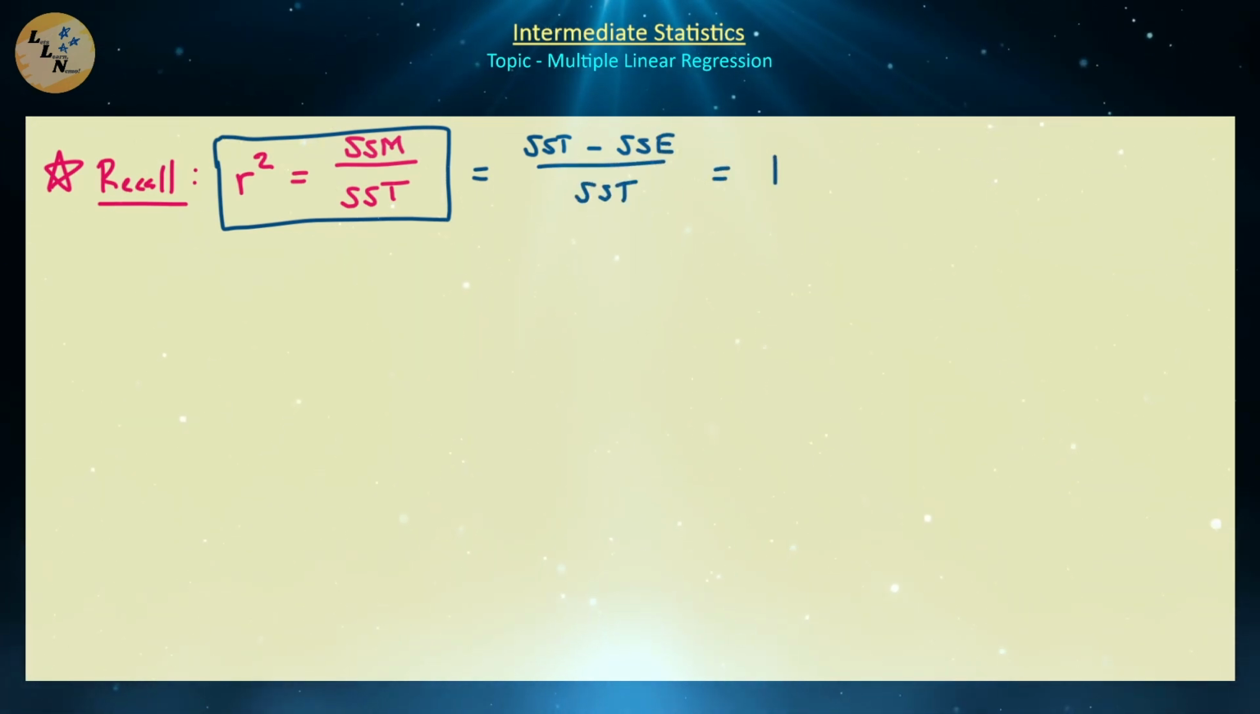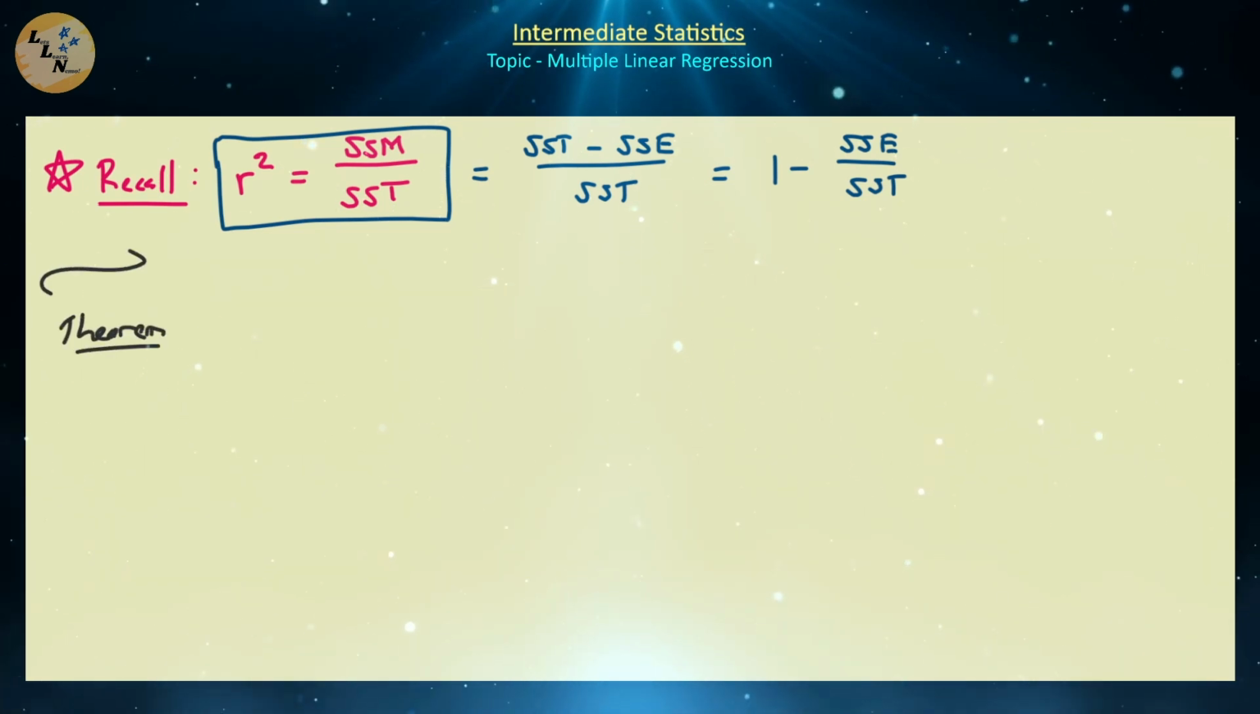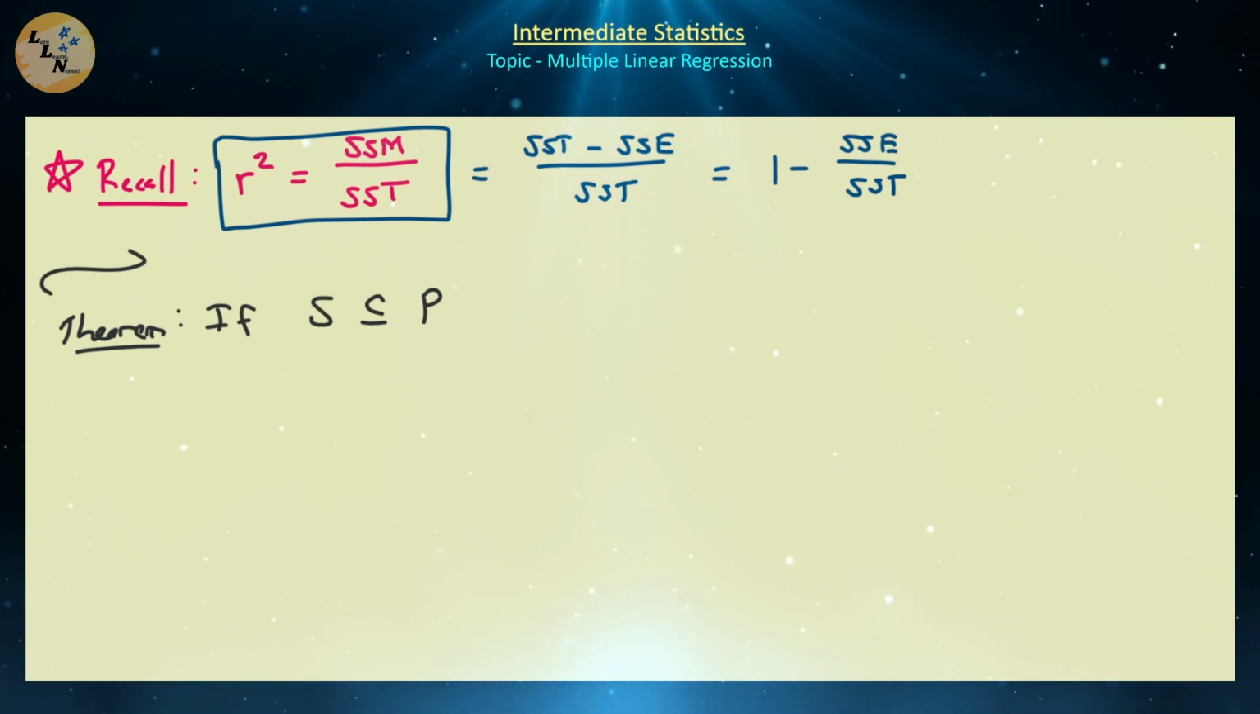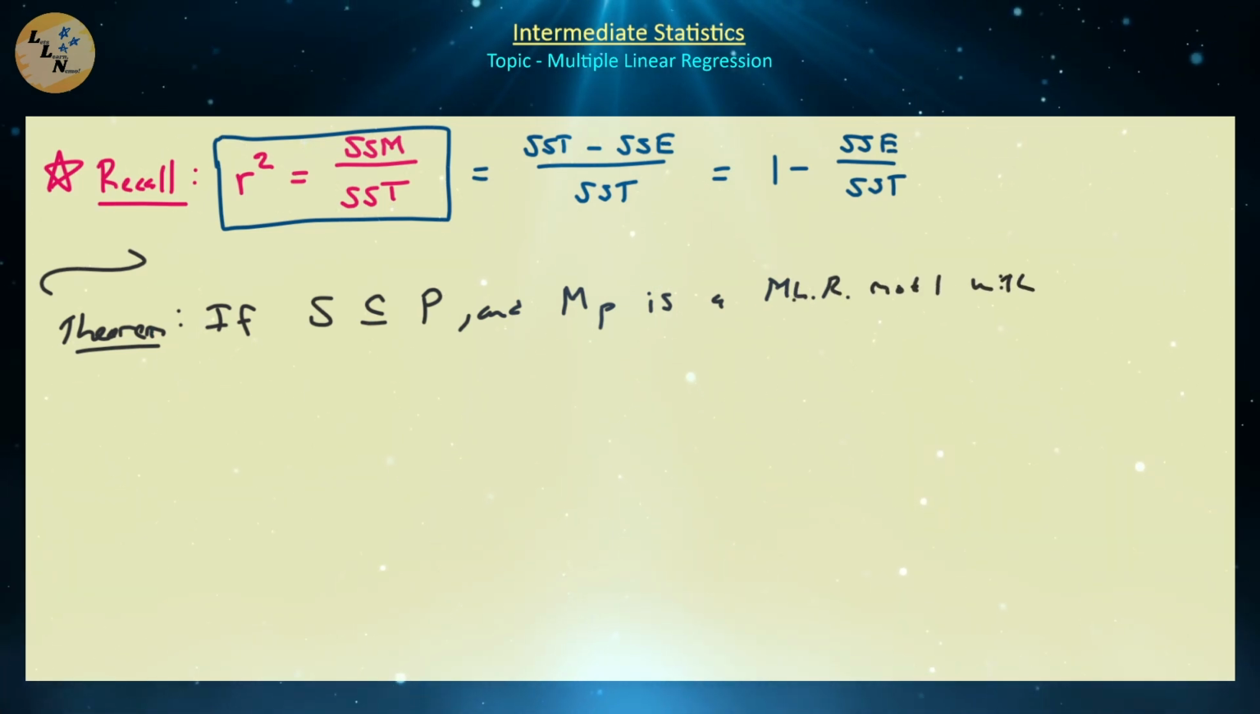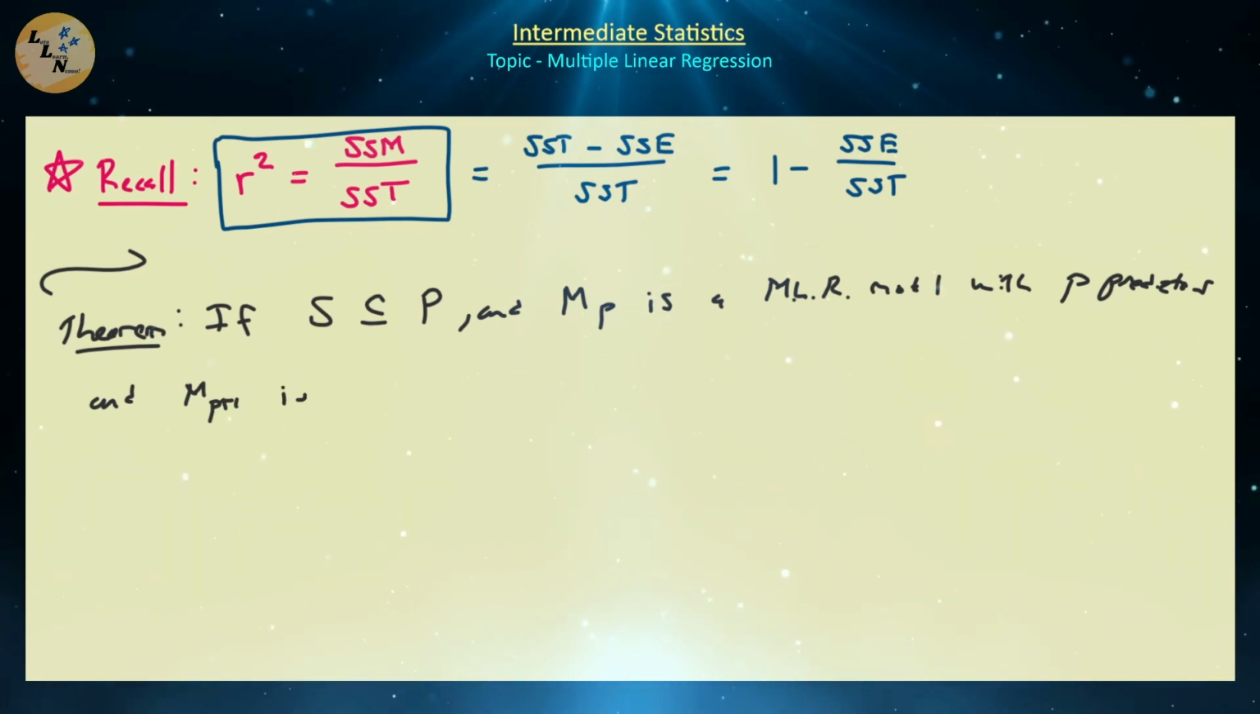And we can actually just write that as 1 minus SSE all over SST. Now I'm going to mention a brief theorem here, and I'm not going to prove it, but if you look at the formulas, you might be able to see why this is the case. Let's assume that S is a subset of a population P, and let's assume that MP is a multiple linear regression model with P predictors, and MP plus 1 is a multiple linear regression model with the original